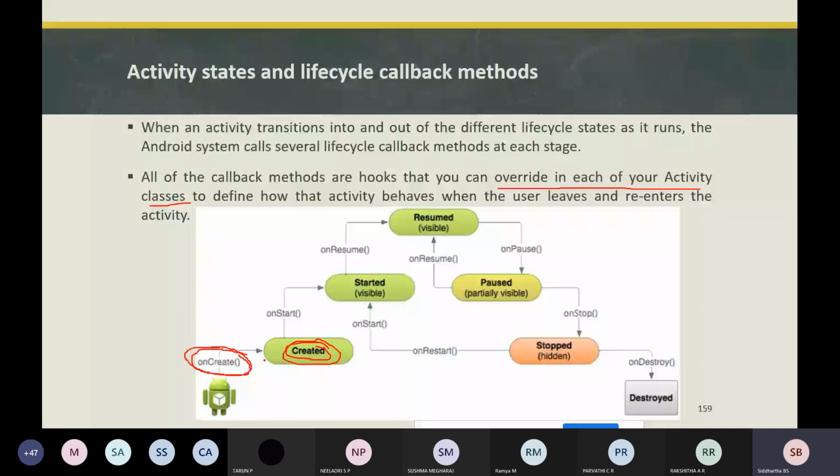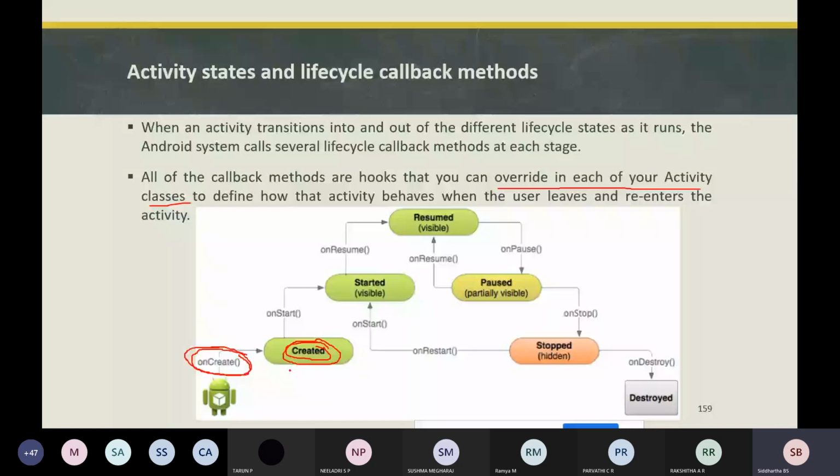For example, if you tap the icon of your application from the home screen of your Android device, the onCreate method initializes the activity. Whatever activity it is, it is initialized by calling the onCreate method.